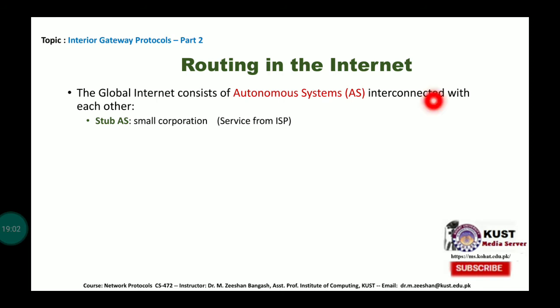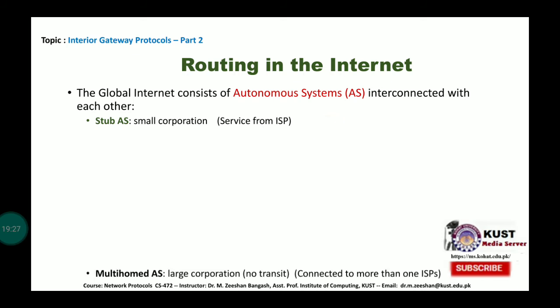One of the terms is the stub AS, and this stub autonomous system is designated for corporations which are very small. For example, any services you receive from a single internet service provider from the locality, we call it a stub autonomous system, where there's a single